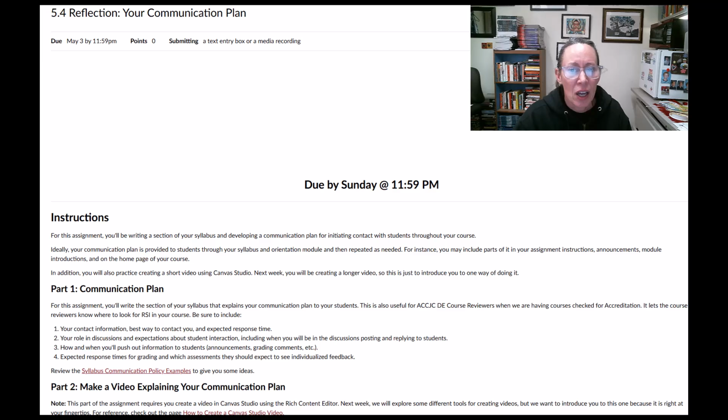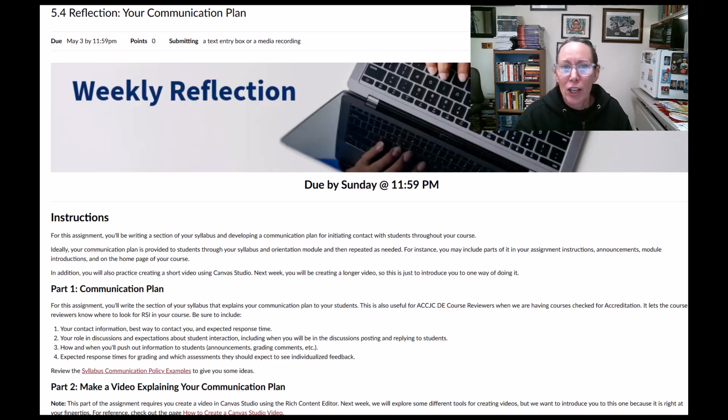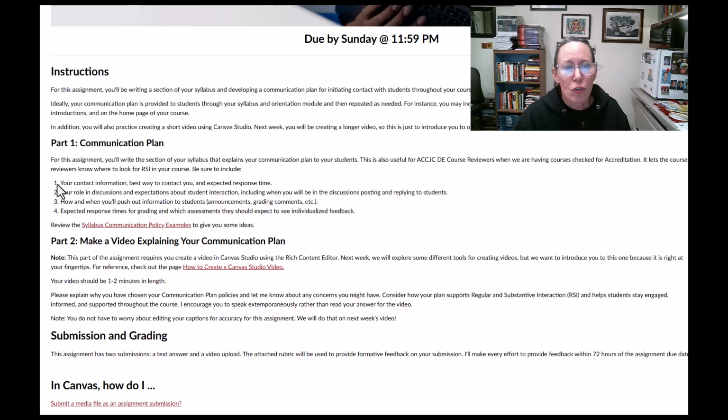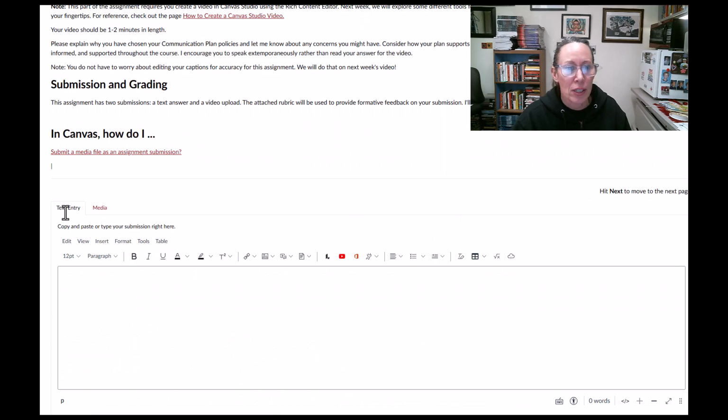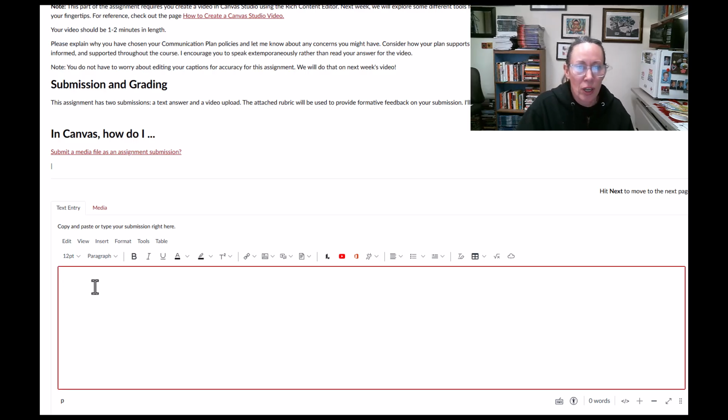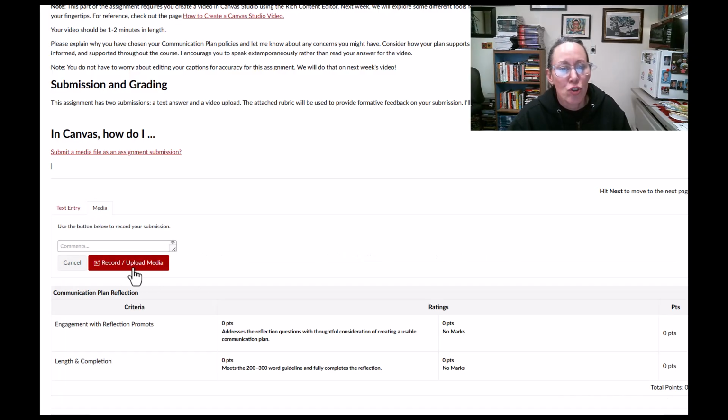And then for your reflection, there are 2 parts of it. First of all, I want you to write out your communication plan. And we talked about that earlier in the module. The second part is making a video explaining your reasoning for your communication plan. Okay, so when you go to the assignment, you're going to see that it is possible for you to do a text entry. This is where you're going to write out your communication plan, and then you are going to